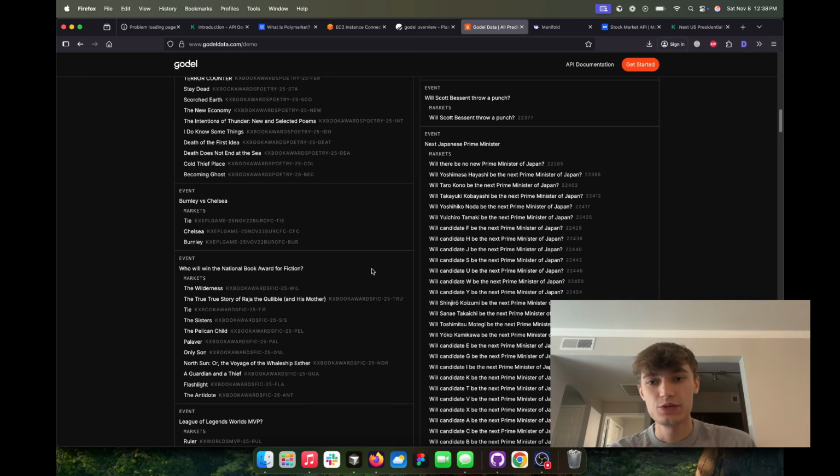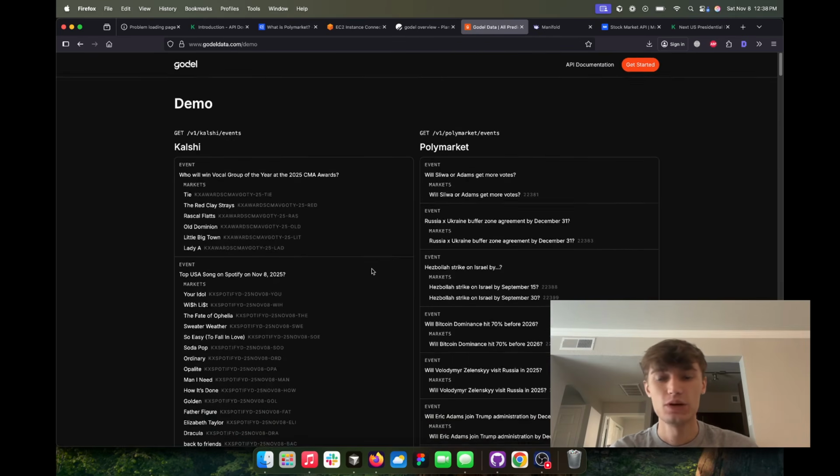you'll be able to see a unified view from all of the exchanges, and that way you don't have to look for the same event across all the exchanges, because it's already done for you, and then you can see all of the data, like the yes and no prices for it in one view. So I think that'll be a huge value add on top of just having an easier way to interface with the APIs,